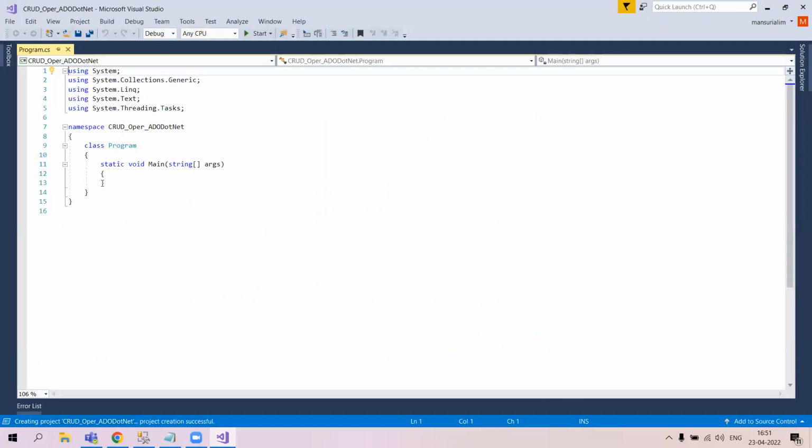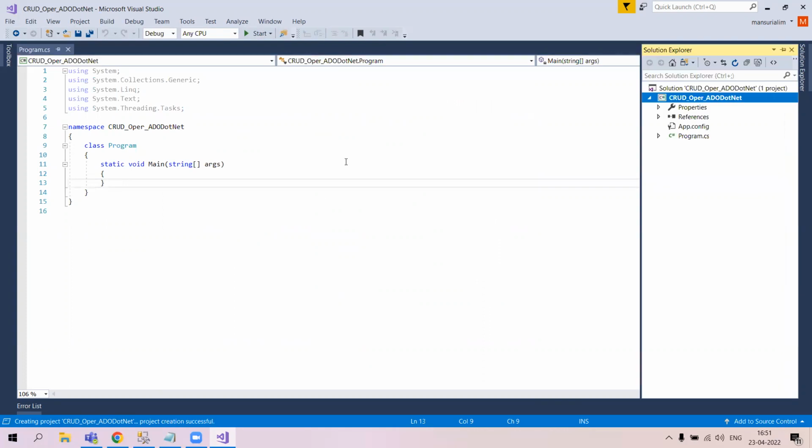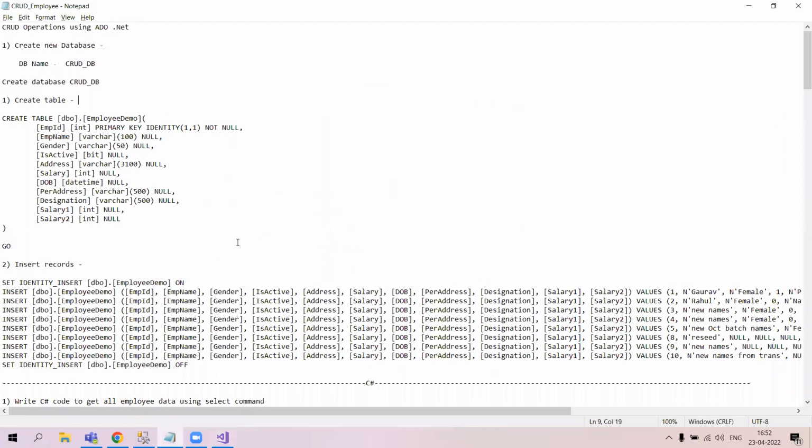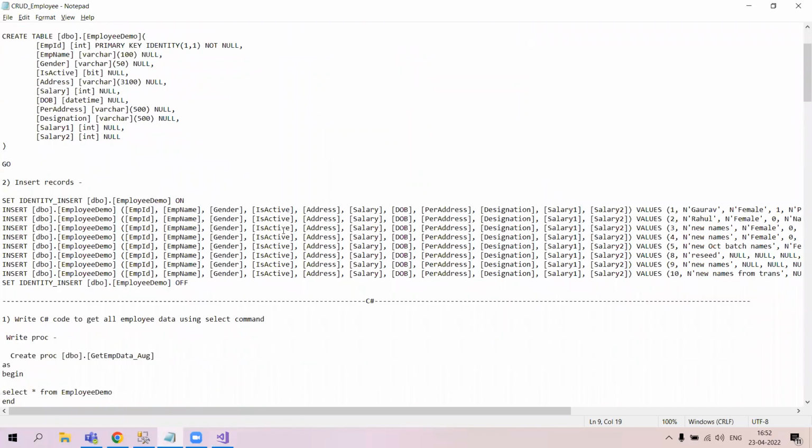Once you create this project, you will see this kind of interface. In Solution Explorer, you will see this project added here. The solution name and the project name are the same, so I'm just renaming this to some other name. So the first operation which we have to do is